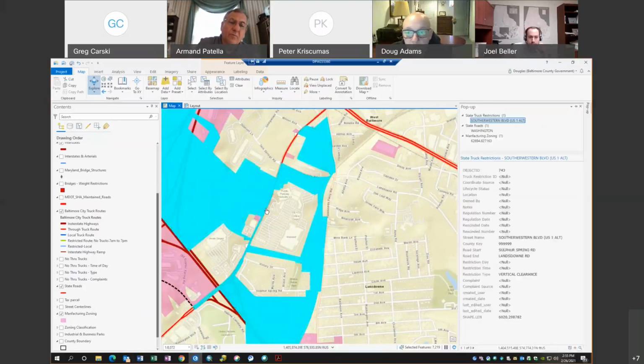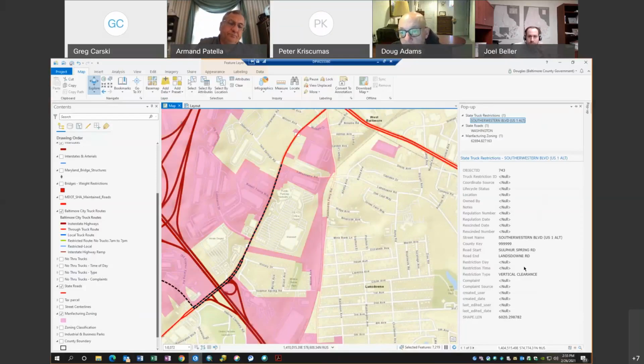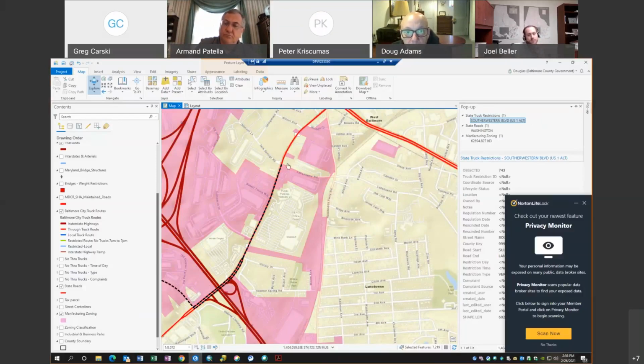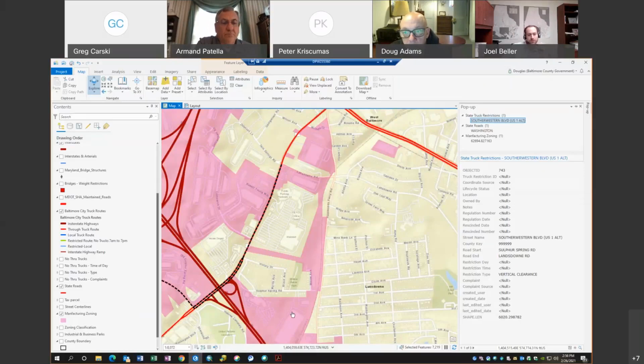I didn't put any notes in here to say it's a vertical clearance restriction, and I'm sure that's what it is, probably a vertical clearance over here where 95 is. Once again, I want major road to major road. I didn't say the restriction is just down here at the bridge. I said you've got to go all the way up to the next major road, because I don't want somebody to come up to the bridge and then sneak into the neighborhoods. So that's why this one is probably as long as it is, but I'm betting the restriction is right here at the interstate. Gotcha. All right. Thank you.